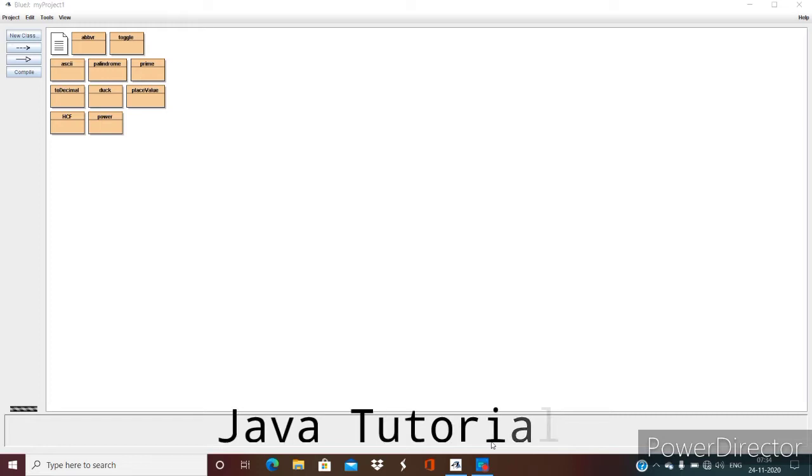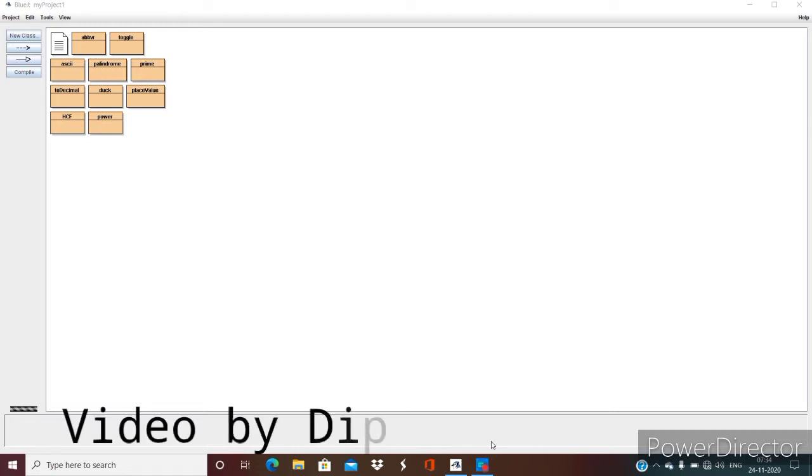That is, if I take the first two terms of the series as 0 and 1, then the third term will be obtained by adding the first two numbers, that is 0 plus 1 is 1. The fourth will be obtained by adding the second and the third term, that is 1 plus 1 is 2. Then the fifth will be obtained by adding the third and the fourth term, so I'll get 1 plus 2 is 3.